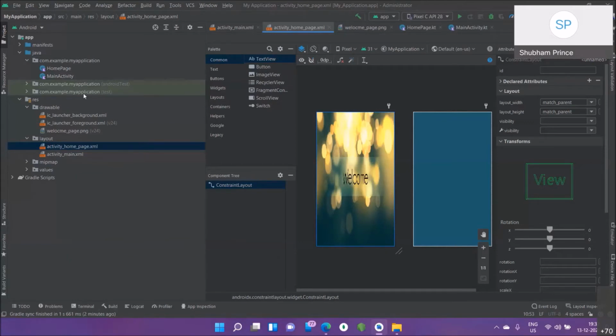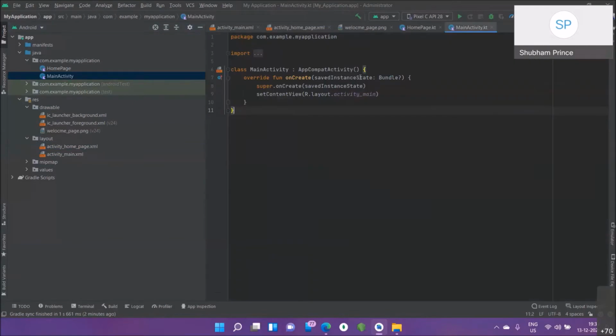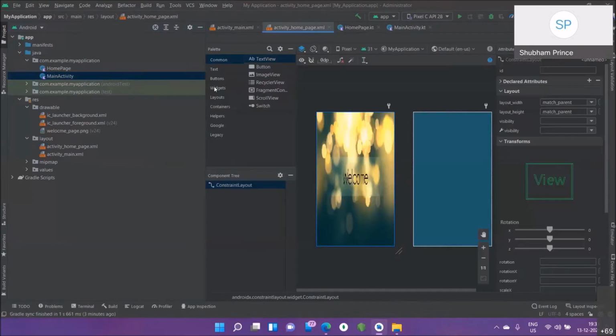So now we have the main activity, which is having some background, and what I will do is I will create a button there, so click it and move to the second page. To work with it, just go to design, and we have the buttons. Buttons are here. So good.